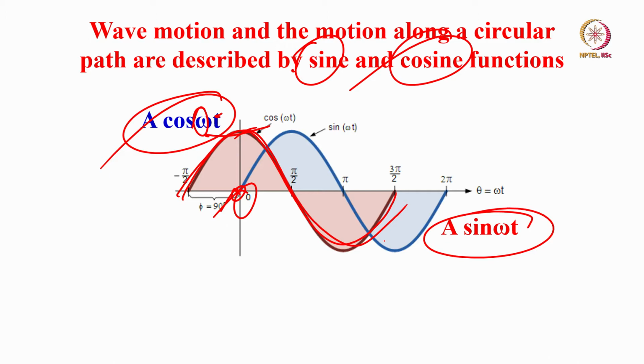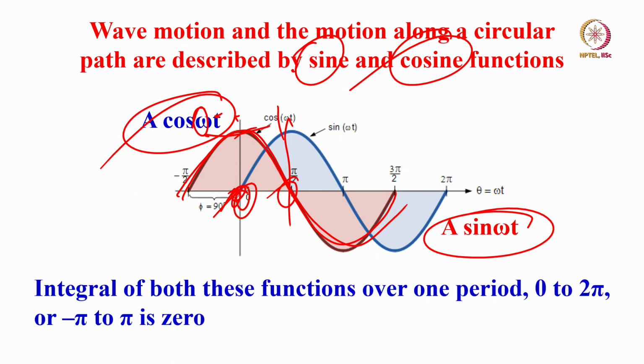That is the way we represent a wave motion in cosines and sines. The only difference between these two is a phase difference of 90 degrees. That is all you need to remember. And remember, as a function, at different intervals of pi by 2 it is marked. Cos 0 is 1, and then cos pi by 2 is 0, cos 90 is 0, and similarly sin 0 is 0, and sin pi by 2 is 1, like that. It is very easy to plot this graph with a phase shift of 90 degrees.